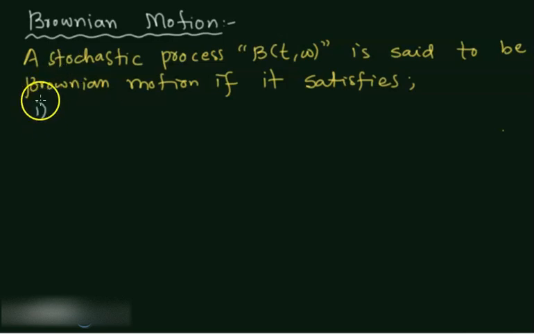So the condition number 1 is that the probability of being zero at time 0